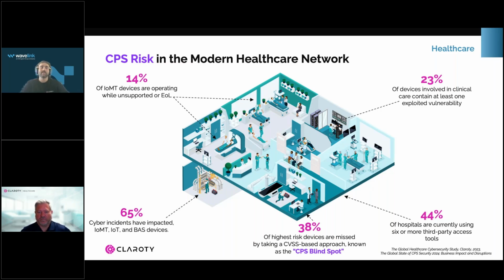Compared to other industry verticals that use operational technology and CPS devices, can you explain to the audience that extra level of complexity that healthcare has when it comes to securing medical devices compared to other industry verticals securing their operational technology? We have a real heightened emphasis on patient care and safety,